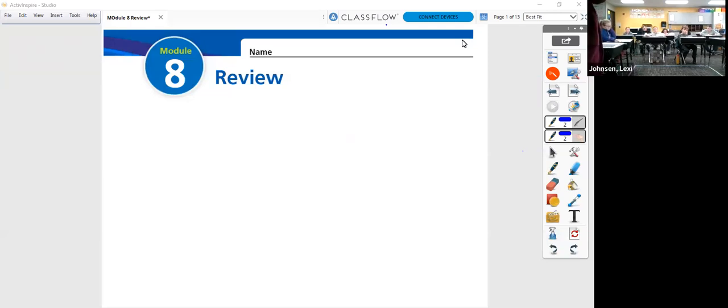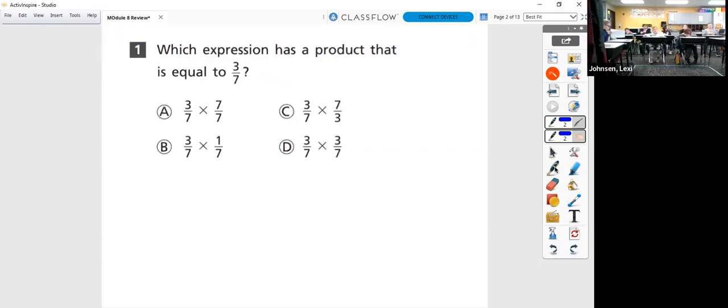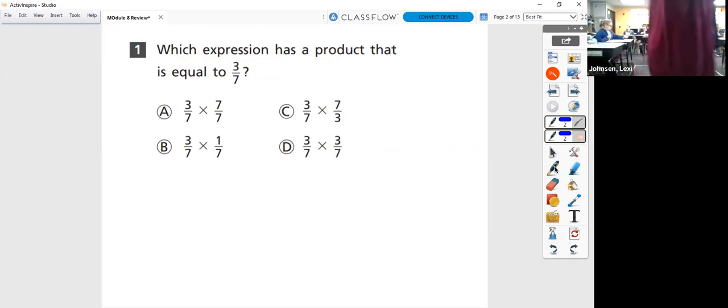I bet you though that when you do the final test, it'll be a lot better than 50, don't you think? Because we've all gotten better. And actually what my goal is for you to all to improve to 80% in multiplying fractions. That's my goal for you. So that's what we're gonna do now, we're gonna practice and review for the test. And then tomorrow you will have a test. So number one,